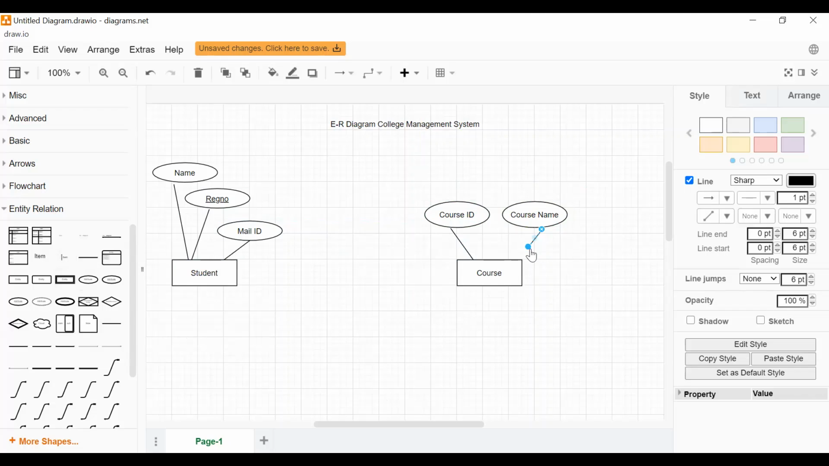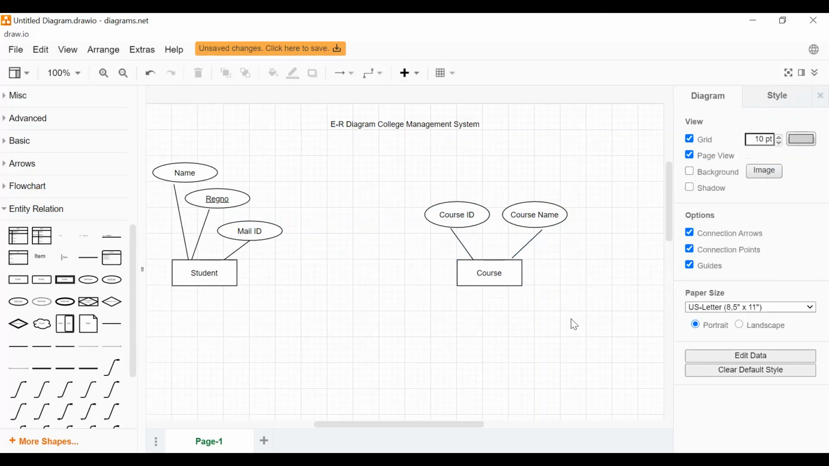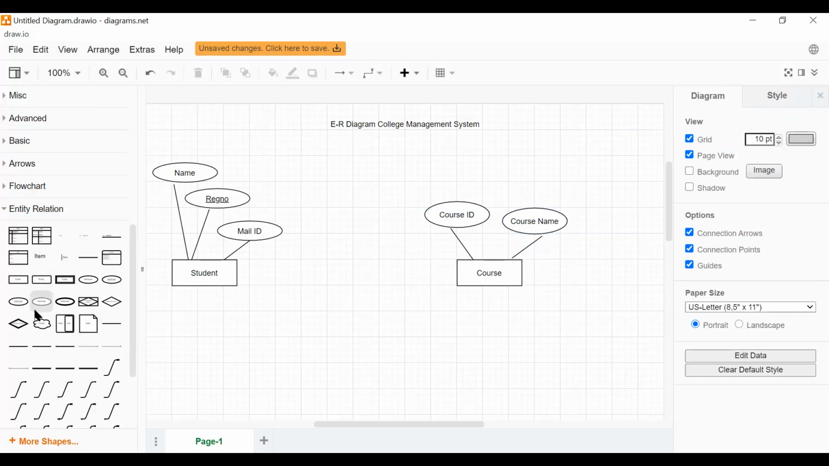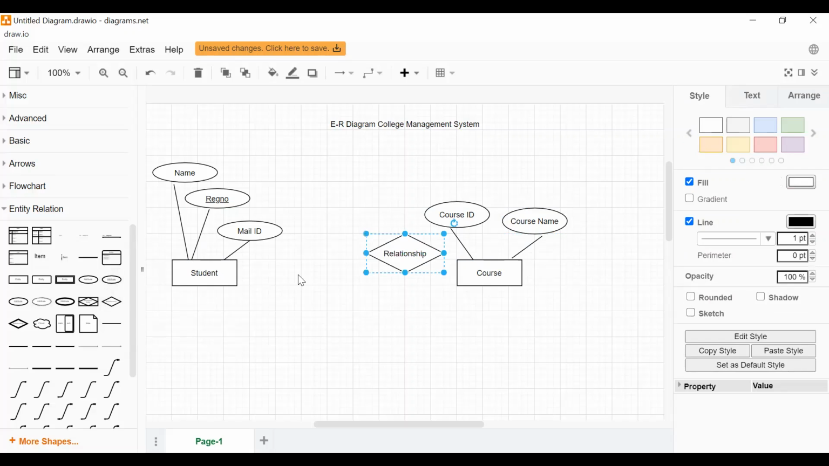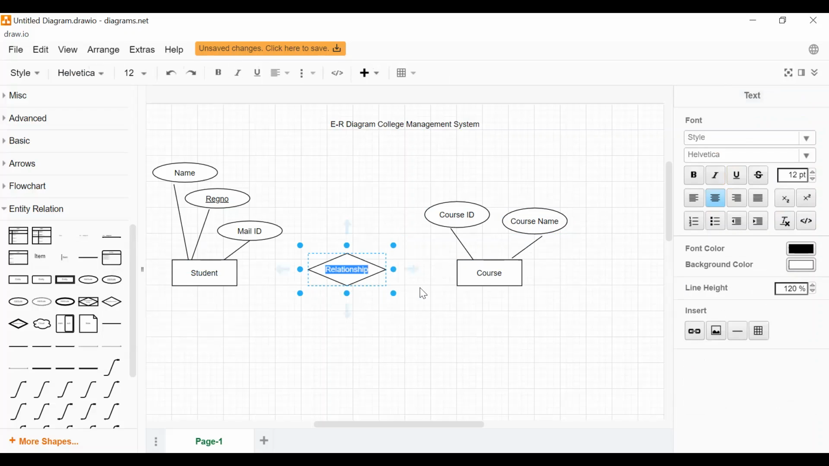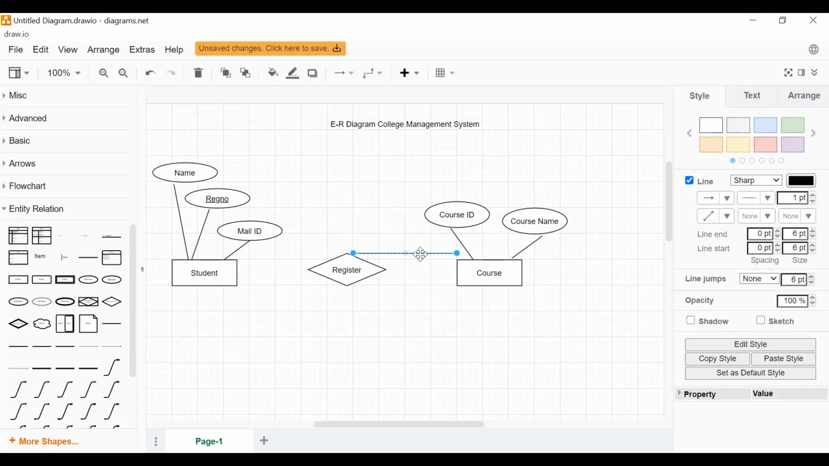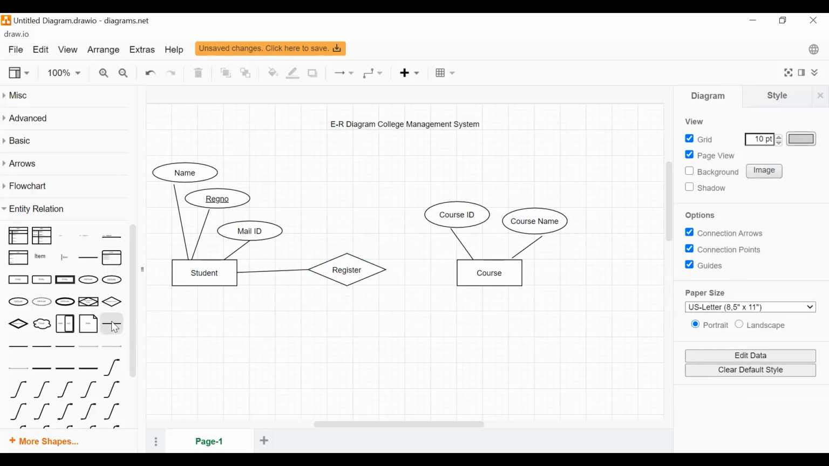So we have placed two entities. One is student and course. Now we need to set the relationship between these two. So select the relationship entity called the rhombus, where you're going to say register. The student has to register for the course. Now use this particular relationship to say that